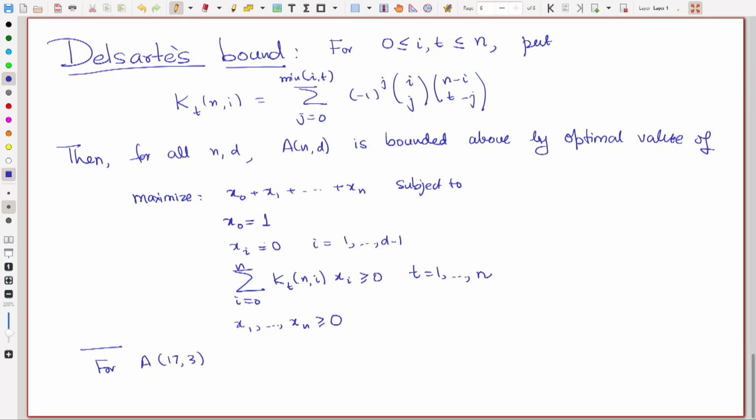So, x_3 to x_17, there are 15 variables, and there are 17 inequalities. That is easily something you can run on a computer, and if you have a lot of patience, even by hand. So, maybe, no, I am not sure about that. Anyway, so for A(17, 3), this gives